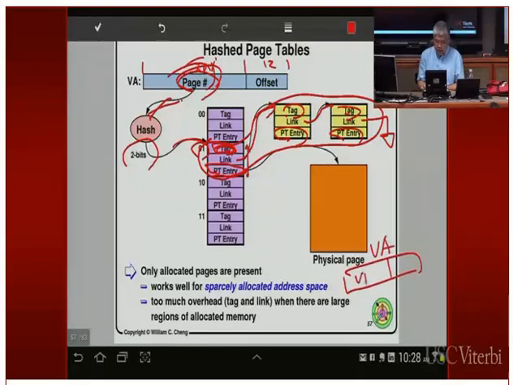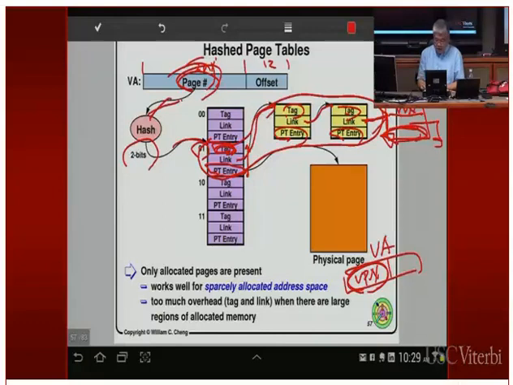And again, you take the virtual page number, you feed it through the hash table, find out which entry that you have over here, and then you can create an entry like this, and you append that to the end. So for example, if this one also hashed to 01, what you will do is you create another entry over here, right? It's a linked list. We know what to do with linked list. The tag that we have over here is going to be exactly this virtual page number over here. The link is going to be null, and we're going to have this guy point to this guy. And the page table entry for this page table, we're going to put it right here.